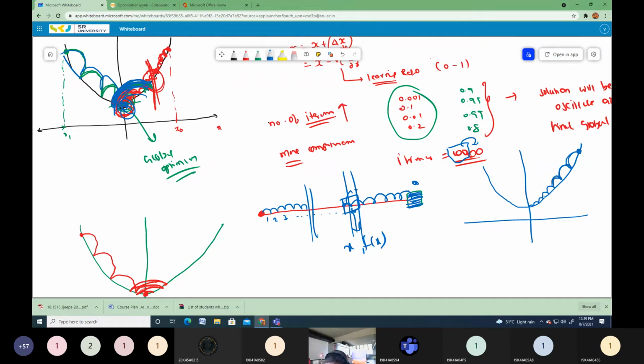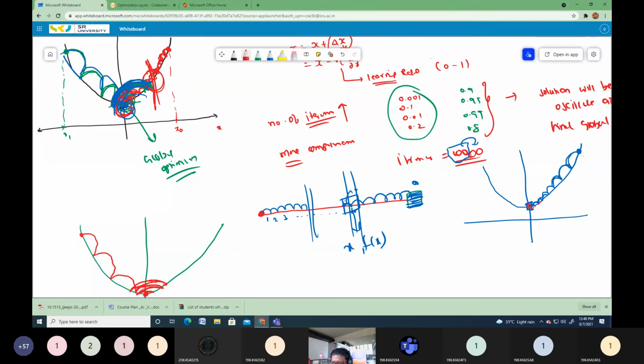Once you are reaching toward the global optimum point, reduce your learning rate. Then your step length decreases, and there is no possibility of overlooking this optimum point.